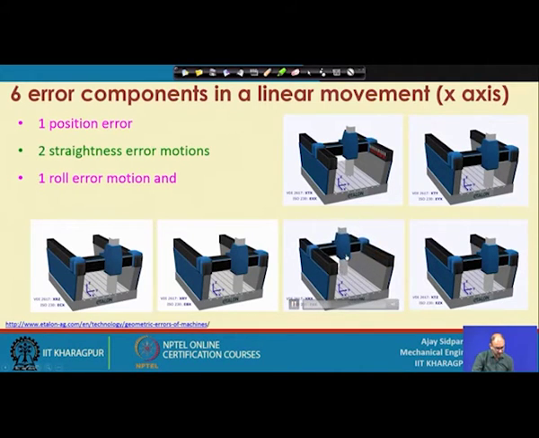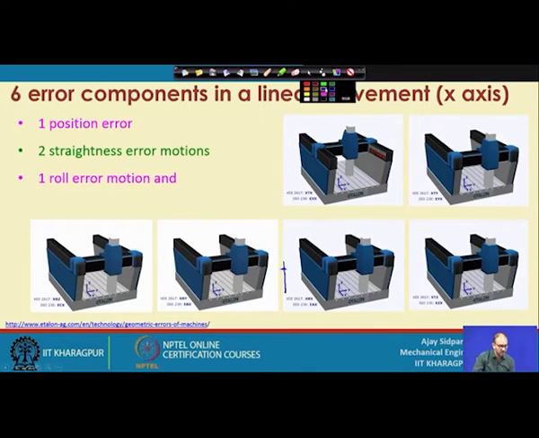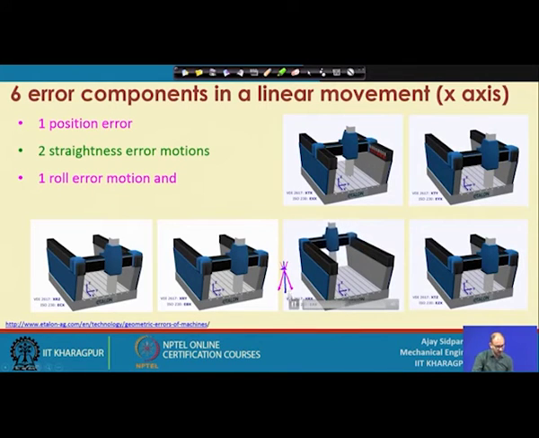So, now you can see that it is moving along the z axis, but it is swinging around the z axis. So, how is this happening here? This is your z axis and this is your point of contact, or the center point of that, and then your axis is moving in this direction and this direction. So, this is your movement. If you see it again, you can realize it, correct. So, this is going down, up, going down, up. So, this is how it is moving. So, this is the one, roll error motion.